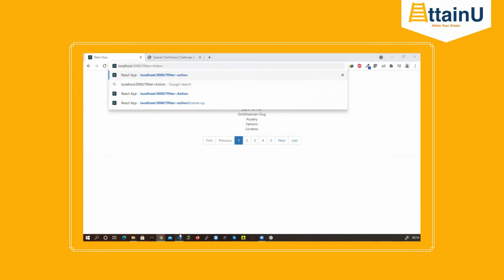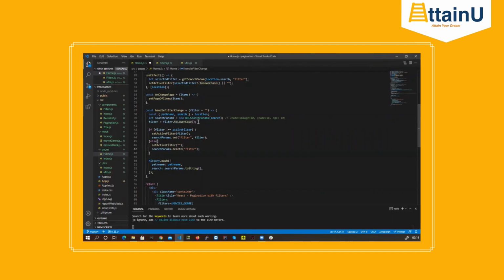So for such scenarios, whenever I'm going to be talking about this filter, I'm going to change that to lowercase. So it doesn't matter how the values are coming, I will always be consistent with the lowercase values for comparison. So that is why I'm doing this lowercase.